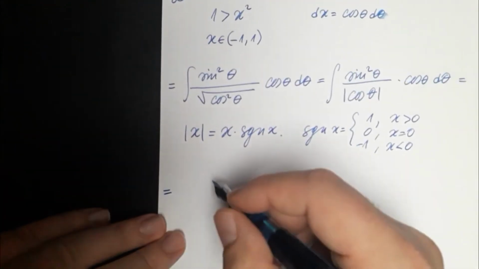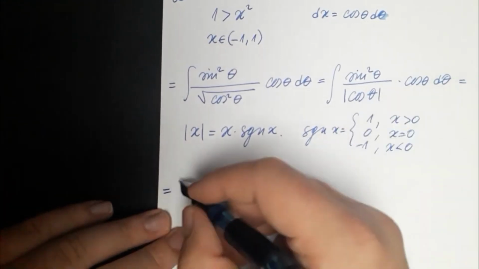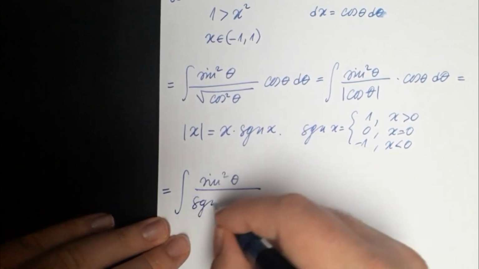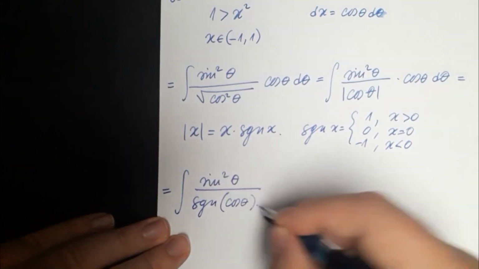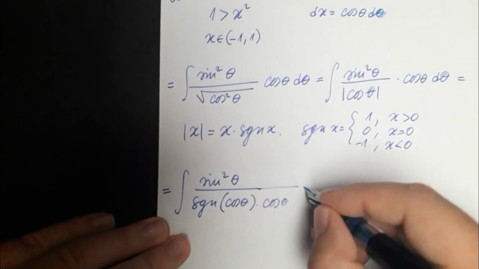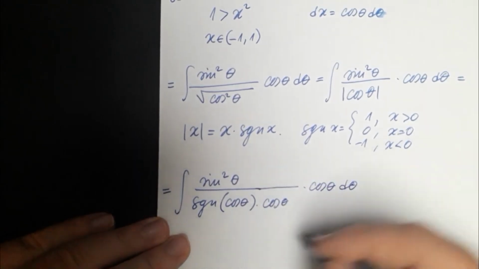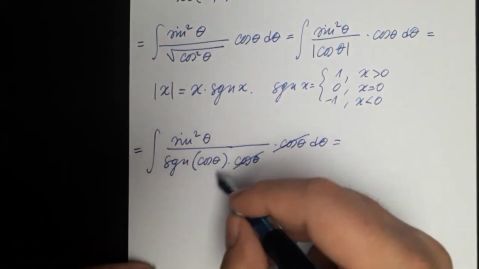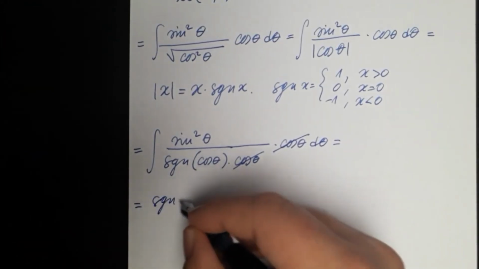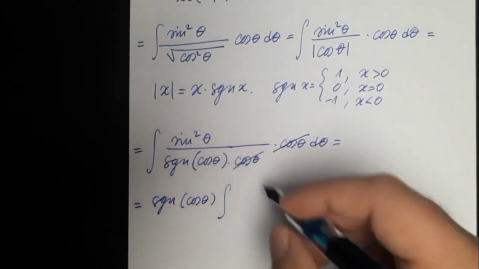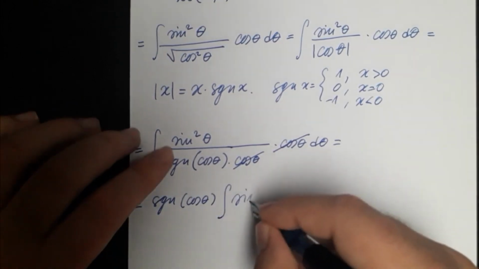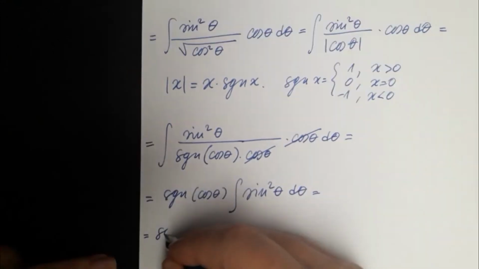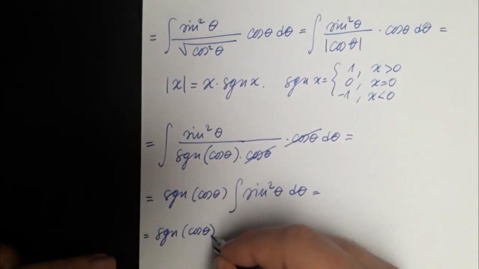So this is going to become, well, integral of sine squared theta divided by a signum function of cosine theta times cosine theta times cosine theta d theta. These two are going to cancel out. A signum of cosine theta, that can go in front of the integral because that is a constant. So we have integral of sine squared theta d theta, which is then equal to signum of cosine theta times,